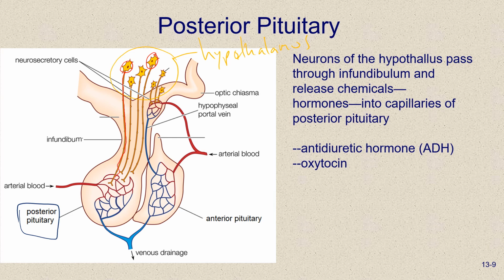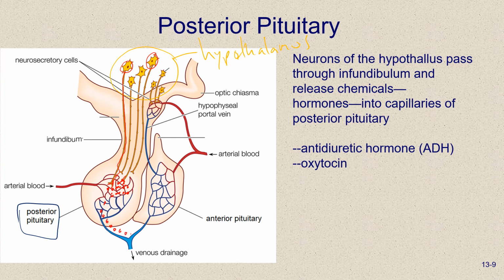And then the ends of the axons, where the synaptic knobs are, those synaptic knobs are down here in the posterior pituitary gland. And what happens is that when these neurons are stimulated, the synaptic knobs release chemicals, which we would normally refer to as neurotransmitters. But instead of stimulating a nearby cell through the interstitial fluid, what the chemicals released by these synaptic knobs do is they enter into these blood vessels of the posterior pituitary gland, and then they're carried